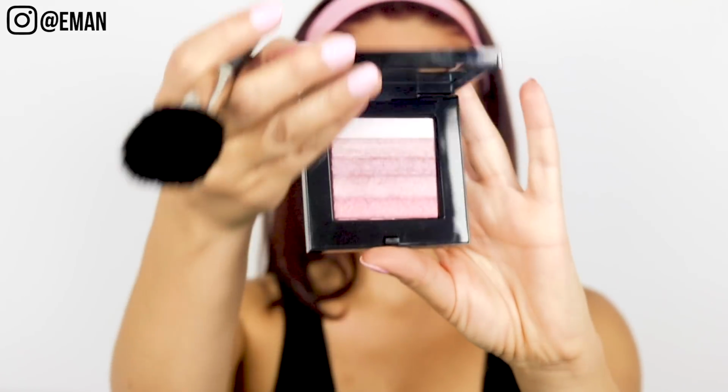I am obsessed with this mascara. For cheeks, I am going for this beautiful color from Bobbi Brown. It is one of their shimmer sticks, and I love that it's all kind of in these different tones of pink to go with the vibe of this look. So you do have to be careful with this because this is kind of like a highlighting blush. So yes, it does have a lot of color to it, but it is very shimmery. So when you're applying this, be aware that you are gonna get a lot of shimmer on your cheeks, which I don't mind. It's kind of the vibe that I'm going for since this is like a really pretty summery